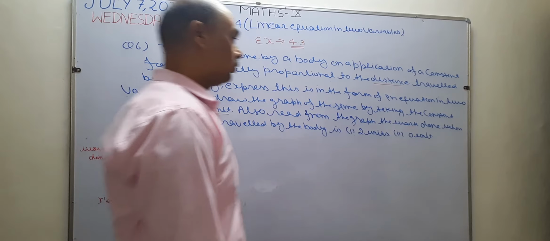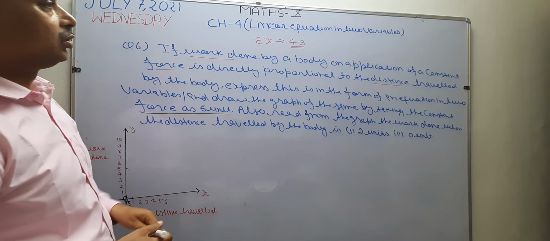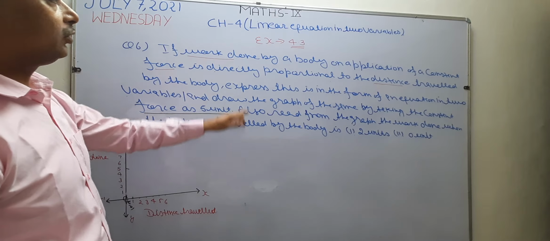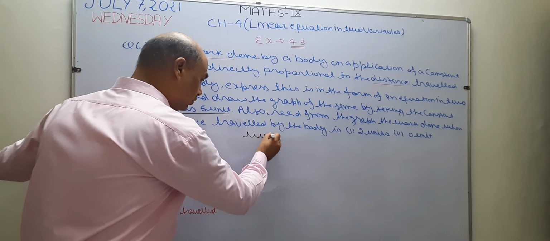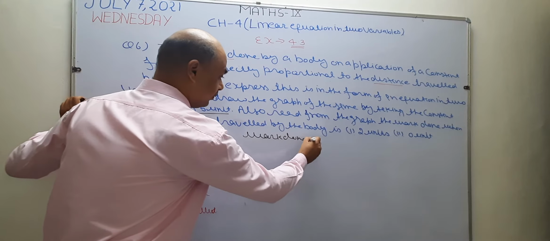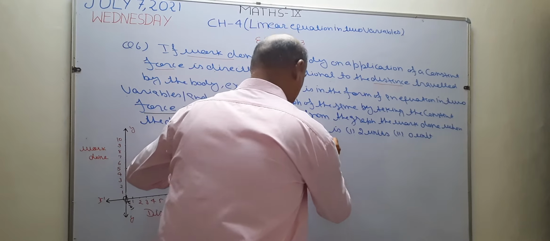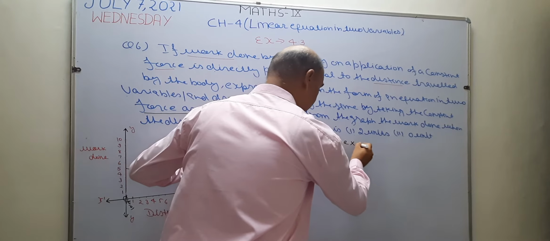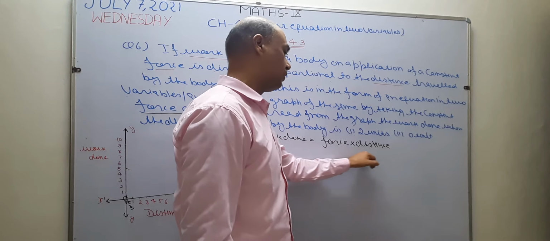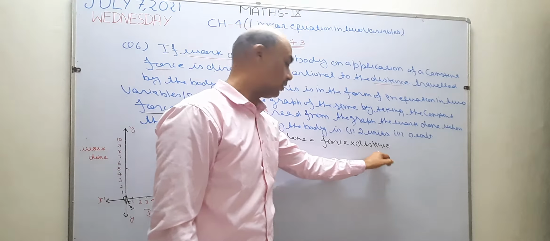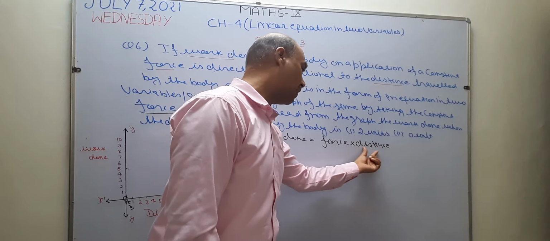Okay? Now, this is the science question. This is a science question in your maths book. I am going to use one formula to solve this question. The formula is: work done by the body is equal to force multiplied by distance. In your science book, it is displacement. Displacement or distance is the same. So I want to use this formula. Work done is equal to force multiplied by distance.